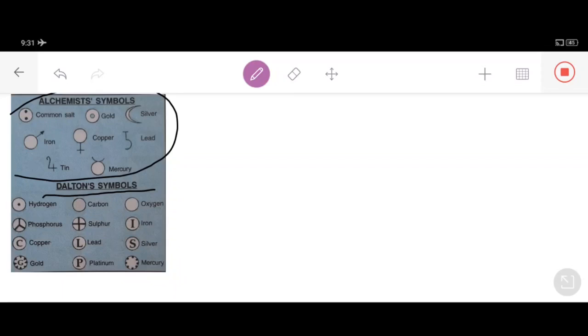For example, we have 118 known elements, and every single element is represented by its respective symbol. Now the question arises: why do we represent elements by their respective symbols? The only reason behind writing the symbols of elements is to make their study